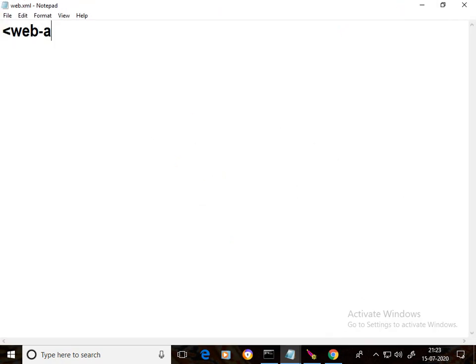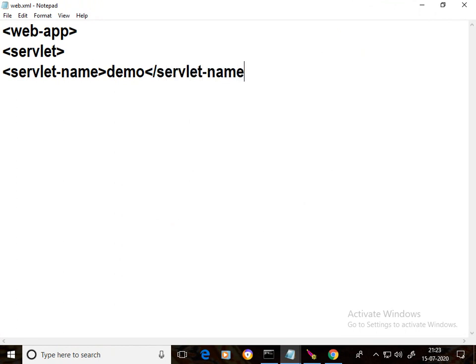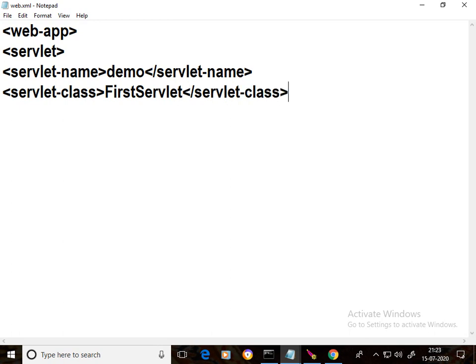Here, web-app, servlet, servlet-name: any name you can write, for example demo, servlet-name close, servlet-class. Here the servlet class name, whatever I wrote, FirstServlet, class close, servlet close.